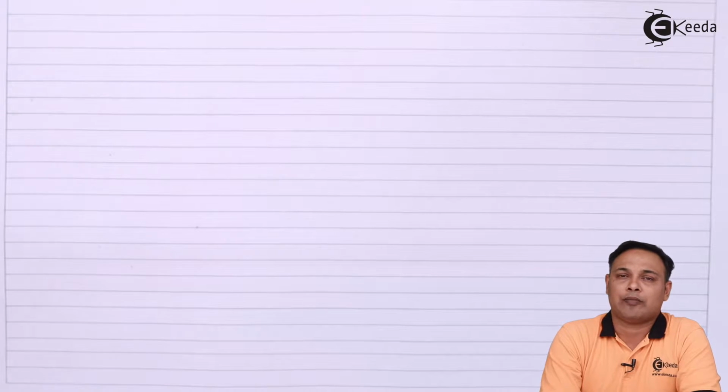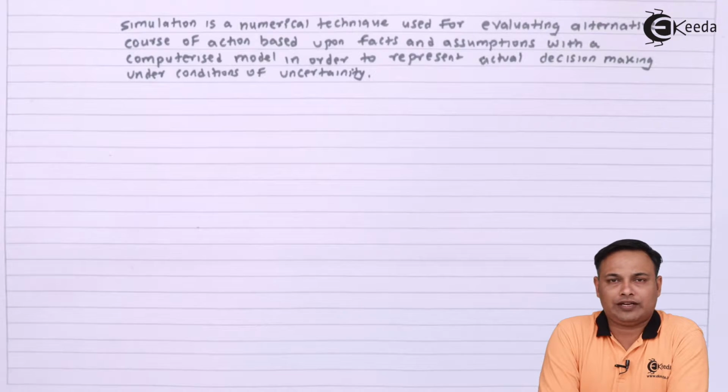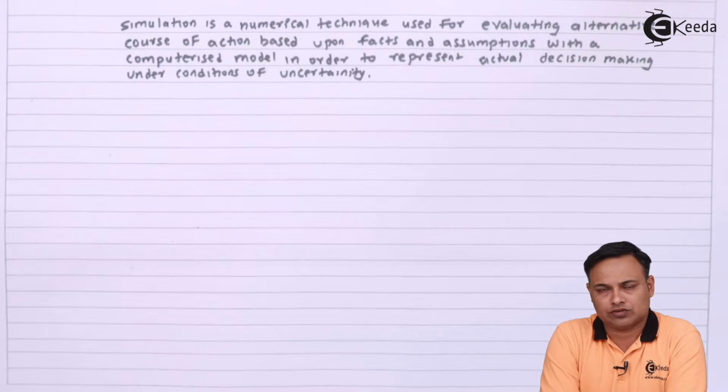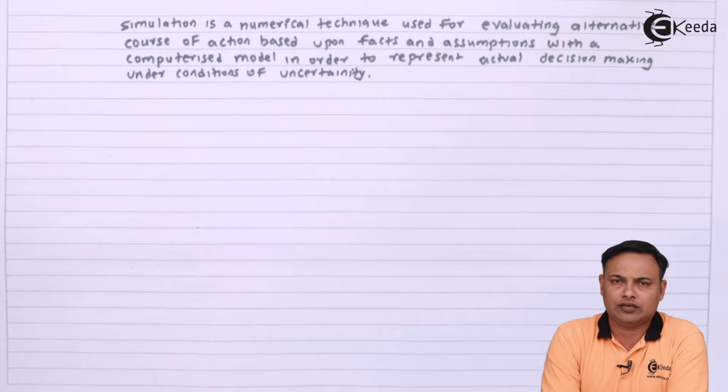Now coming to the mathematical definition of simulation under operation research, it can be defined as a numerical technique used for evaluating alternative courses of action based upon facts and assumptions. So we can say simulation is a technique. It's a numerical technique that is used to predict the numbers. Numbers can be the prices, numbers can be the average rainfall, numbers can be the number of people who are going to visit my clinic, number of people who are going to visit my superstore, and it's based on certain